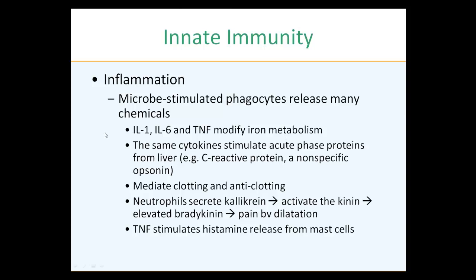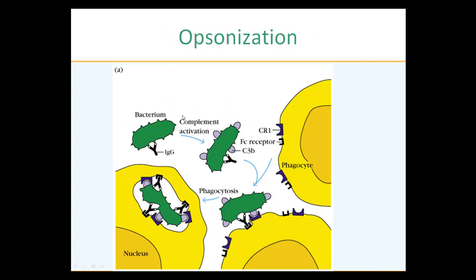Okay, so all of these components are part of the inflammation, and this is just a summary here for the opsonization. As I said, you can opsonize a target by an antibody or by complement protein. Here we have an example of C3b, and these proteins will have receptors on the phagocytes. Also the antibody, the constant region here of the antibody, will have a receptor on the phagocytes, and therefore the phagocytes now will think this is a much more appealing target than just relying on the toll-like receptor interaction with the pathogen